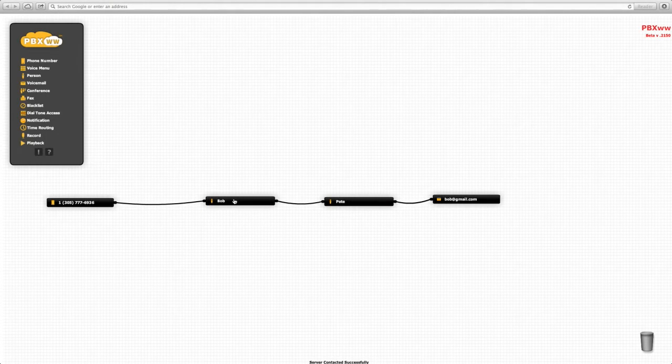For the next scenario, let's say that the business is growing and Bob and Pete would like to implement a voice menu so that customers can choose to speak to either Bob or Pete. What we do is we add a voice menu object. And we configure that voice menu,